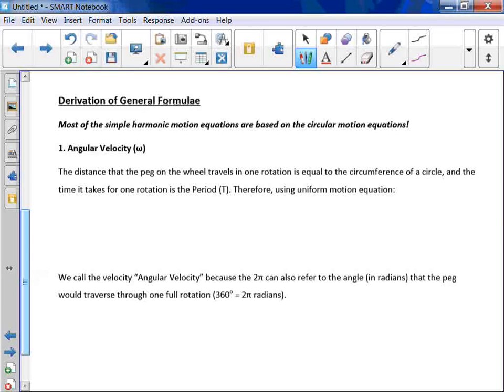Okay, so let's start with some of the formulas here. The distance that the peg on the wheel travels in 1 rotation is equal to the circumference of the circle, and the time it takes is 1 period. We already saw that, capital T for period. So, very first one here,